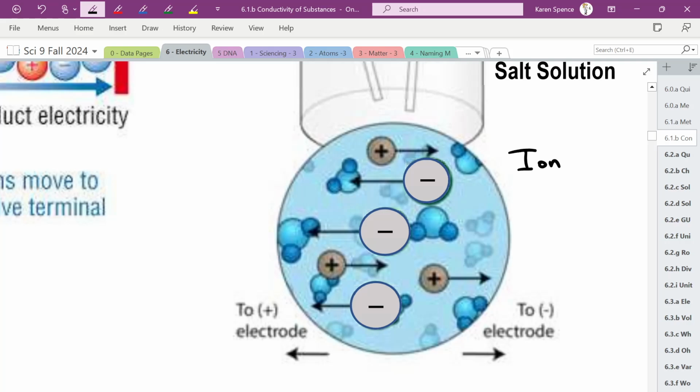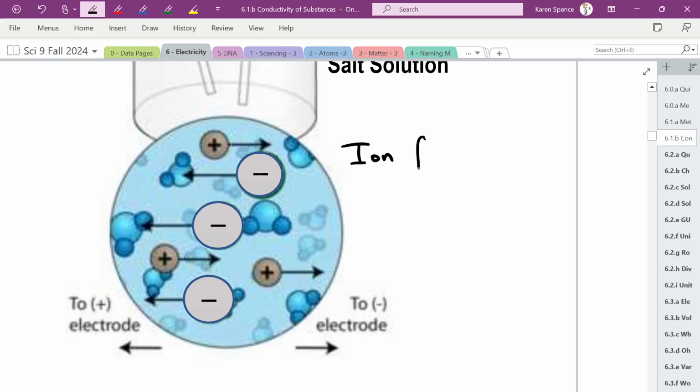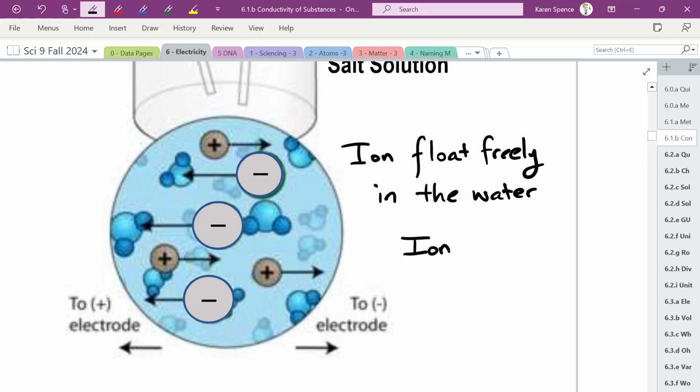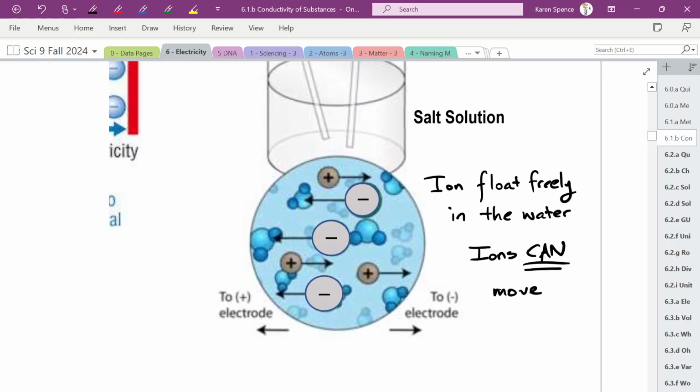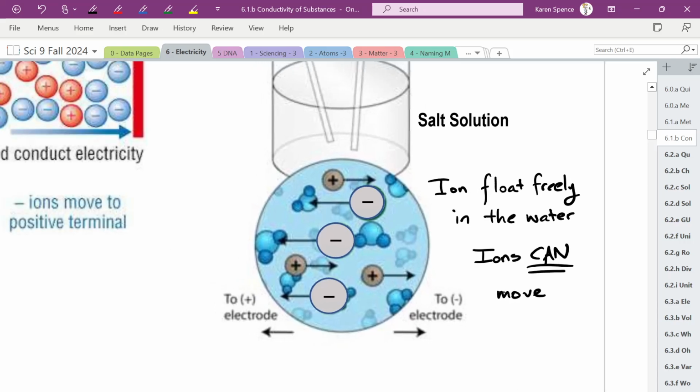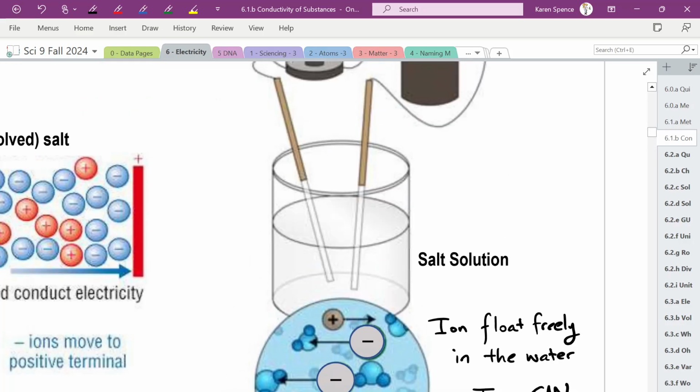The ions float freely in the water. So the ions can move. And what's going to happen is that we are going to have